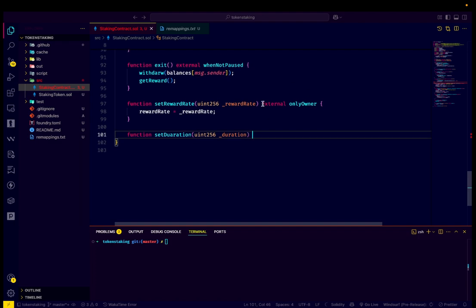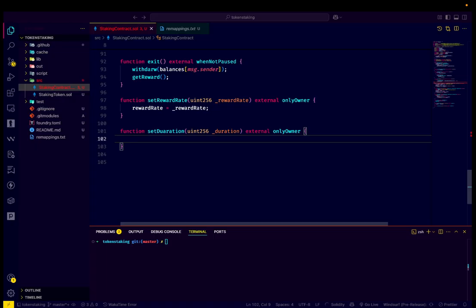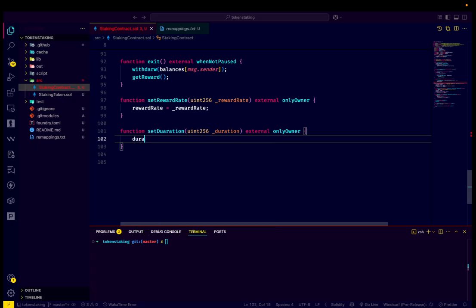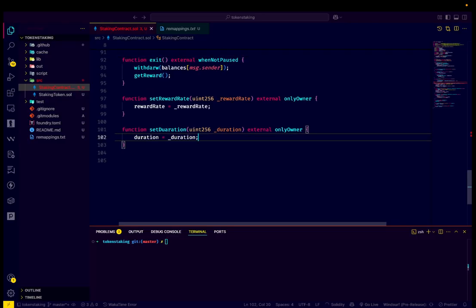Let's make it external onlyOwner, copy it from here, and duration, let's set our duration equal to this duration, and now we have to emit an event here, minimum stake updated, sorry, duration updated,